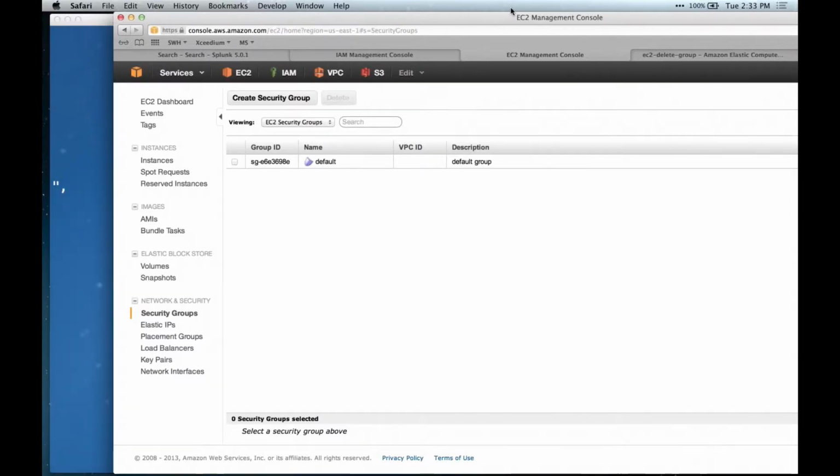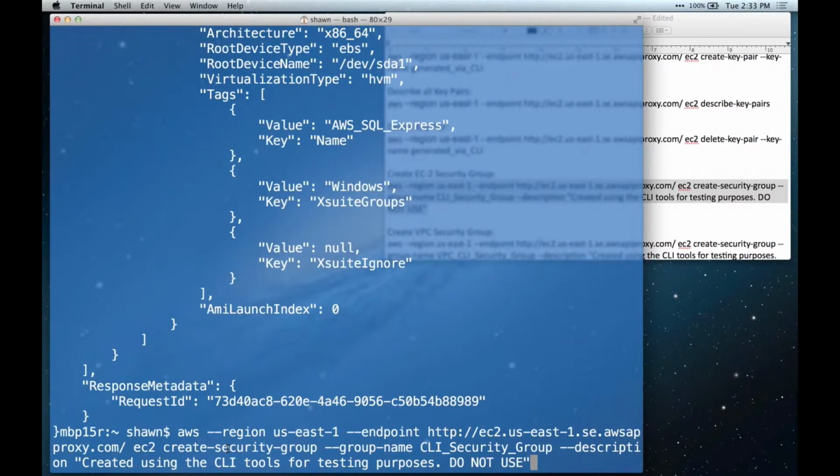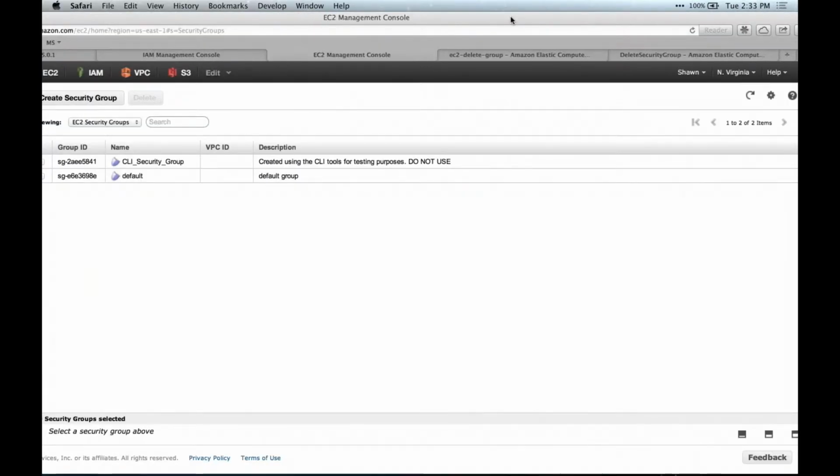And I'm going to turn around and simply paste it inside of the command line infrastructure. When I hit enter, the response back is going to be very short. The return was true, and it gave me the group ID and the request ID that generated it. If I come back over here to that same security group page and do a read, you're going to see I now have that second security group